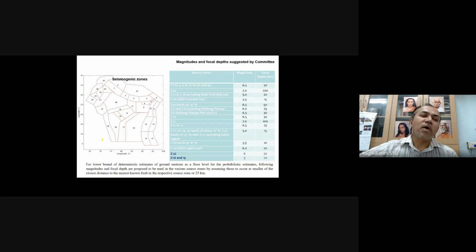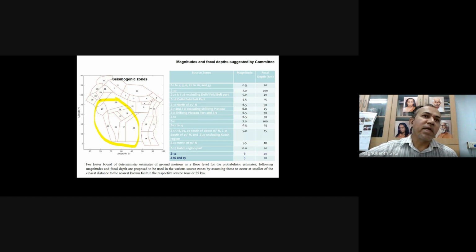The other thing that happened was, as I already mentioned, this PSHA approach works very nicely when you have good quality data. Like in India, in the Himalayas and northeastern regions, a lot of earthquakes occur frequently, so there the PSHA will be very nice. But when it comes to the shield region, the data is very less. In some places, like zone number 19 or zone number 18, you will have only 10 or 15 earthquakes. With these 10 or 15 earthquakes, you have to estimate the probability density functions. It will be very unrealistic, and the standard deviations are also very high.